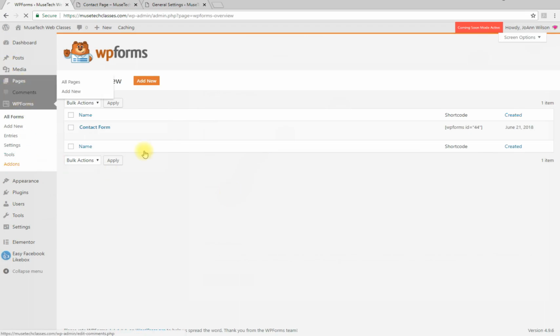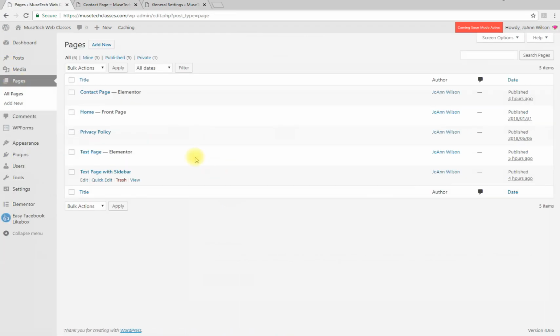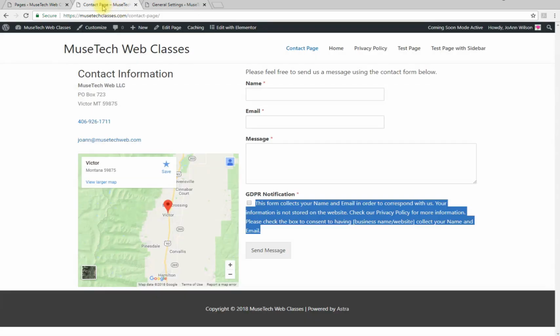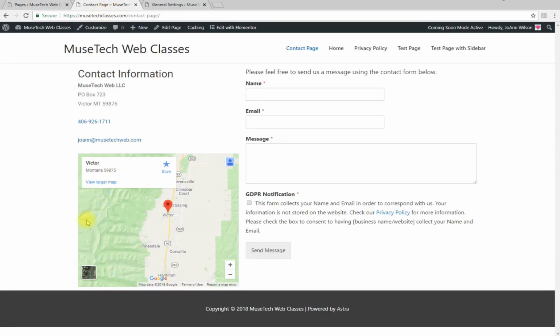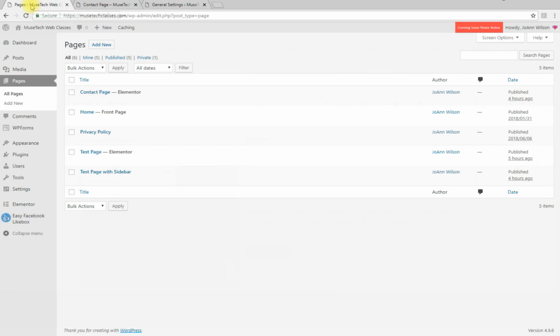Now we're going to go to Pages, and we're going to insert that form into our contact page. All right, so if you have not made a contact page, I want you to make one. I have already created one, and this is the one that I had created and set up. So for the purposes of this demonstration, I'm going to go ahead and create a new one. I'm going to add new,